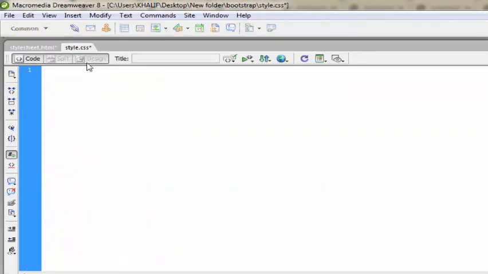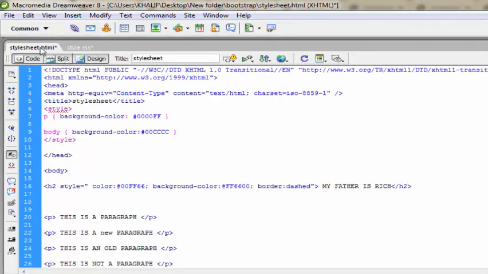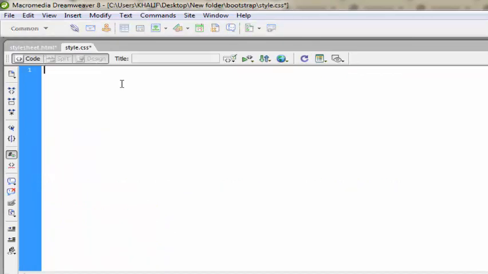First thing I need to bring here is the name of my style sheet, style sheet.html. I believe we were also taught how to comment on HTML. CSS also has its own comment, so let me just apply a comment here. Let's just leave it at that. I will explain the reason for that later.